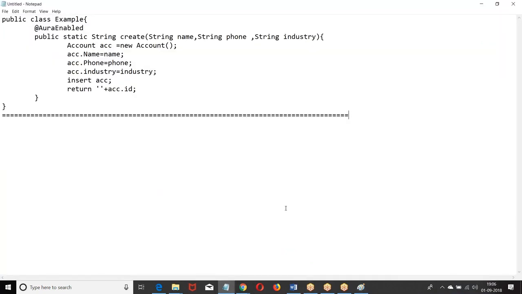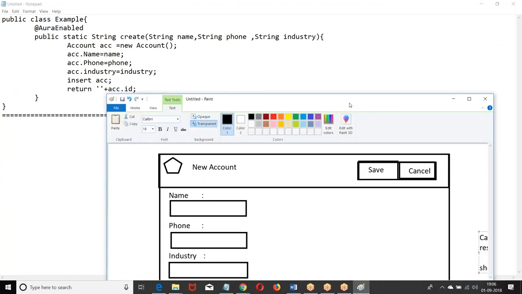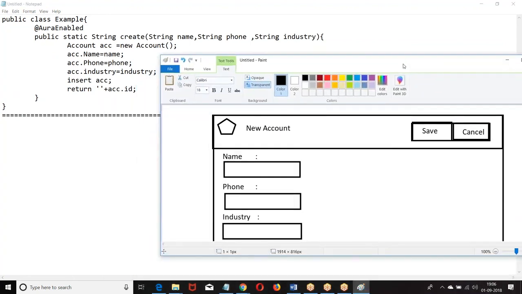This class is okay, right? Everybody is good with this class. Then create the lightning component. This lightning component is used for overriding the new button. Whatever new button we have, that new button should be overridden. So what is the interface we have to implement? If you want to override the standard buttons, what is the interface we have to use? Lightning action override. Yeah. Start creating the component.